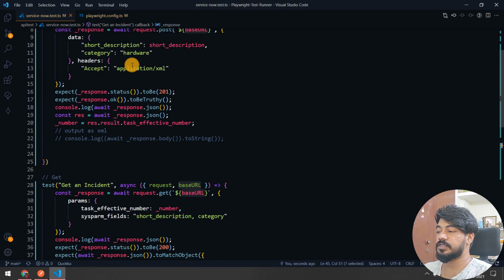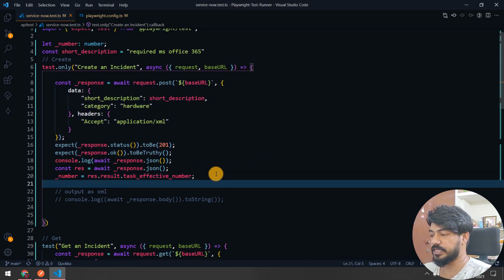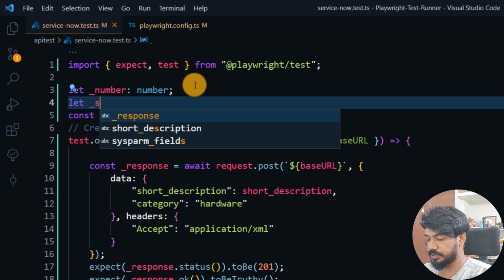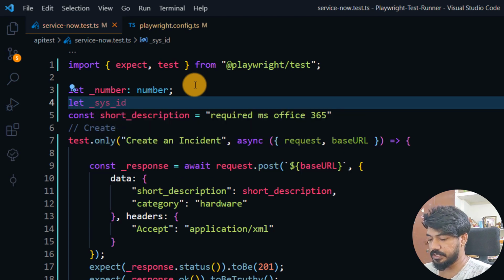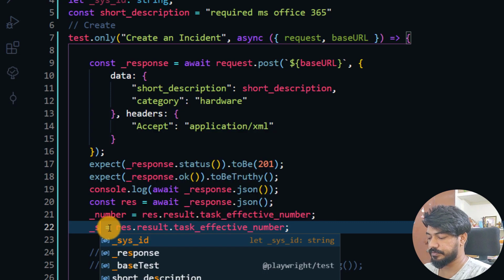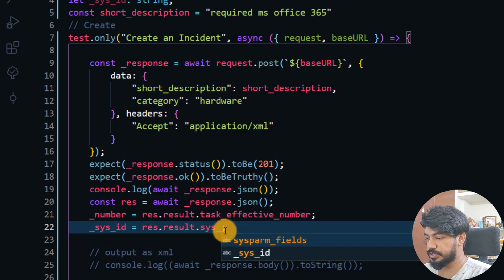So let's say that we are going to create this one, right? So we are going to make use of the same, and let's store that here. Okay, so I'm going to say let sys_id equal to, that's going to be a string actually. So let me store that, and here I can just repeat this, and that's going to be sys_id.